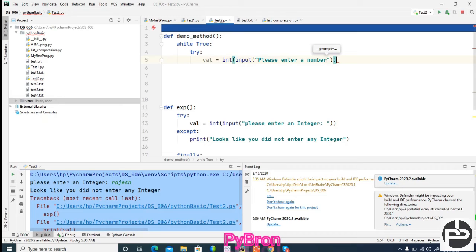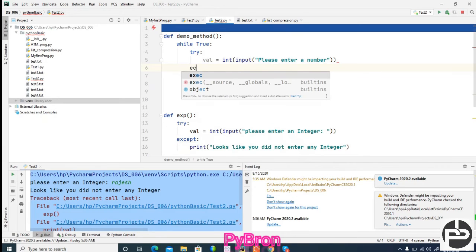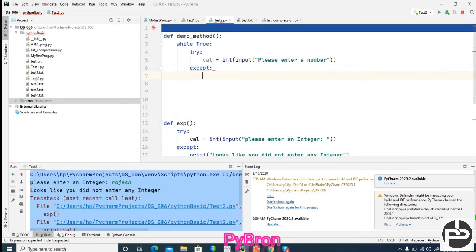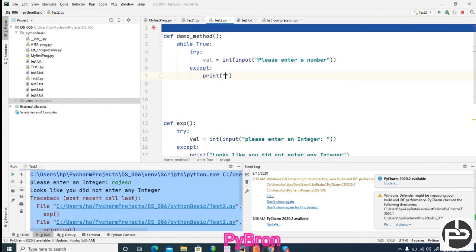The user will pass the number, and if it is not a number, then it will throw an error, and that error will be handled in the except block, and here I am saying print, "It looks like, sorry, looks like you did not pass"